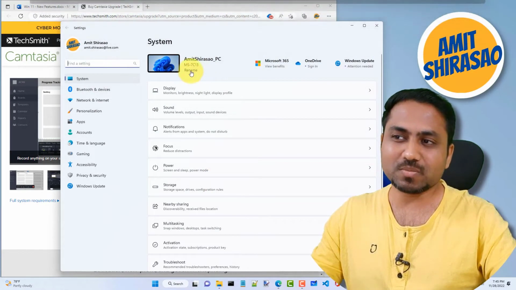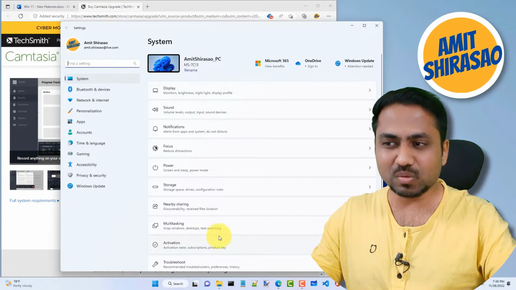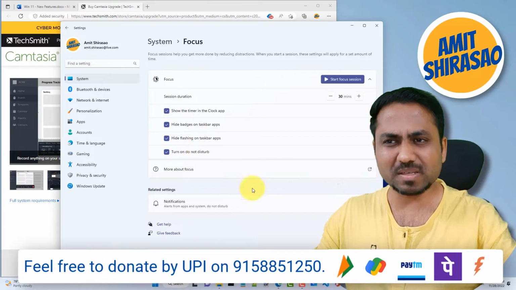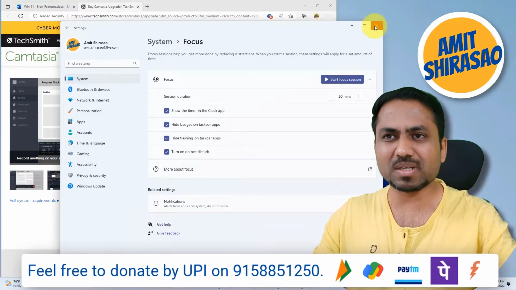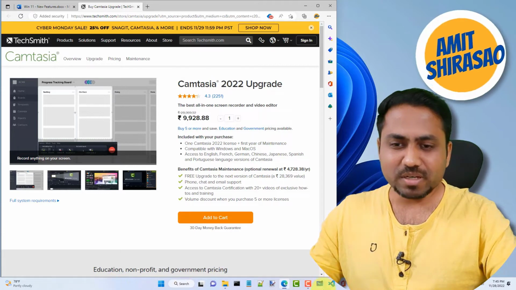Okay, sign in options means here I can rename the PC and also you can go through it. It's not such a big deal. It is a very small little thing, but I'm just letting you know, okay. So I think I have covered everything into